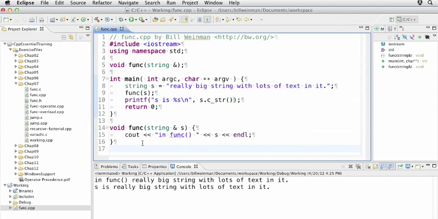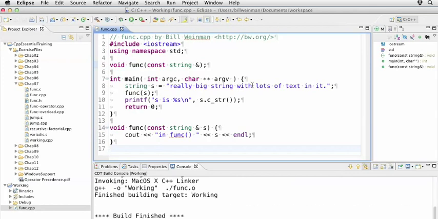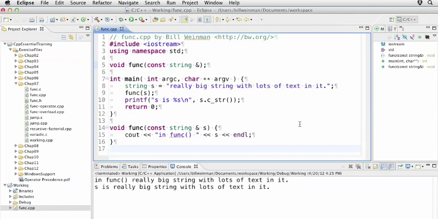Now the problem with this is that we're actually passing a reference to the string. And so now it's possible for the function to actually modify the string. And we don't necessarily need for that to happen. So we're going to change our signature. And it's a good habit to get in every time you're using a reference to use the keyword const. And this prevents accidents from happening with side effects. So we'll save this and run it. And we see that that's how you pass a larger object into a function using a reference. Parameters are always passed by value in C and C++. You can pass pointers or references if you need side effects, but you'll need to do it